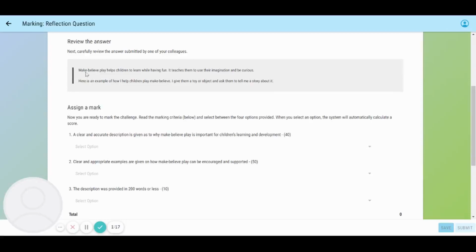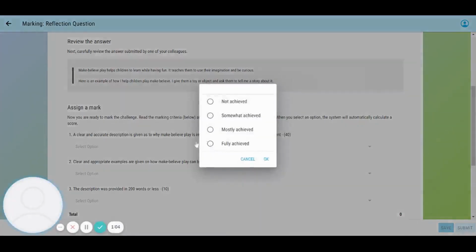So this answer says that Make Believe Play helps children to learn while having fun. Okay. It teaches them to use their imagination and be curious. Okay. So each time I mark, I have 4 options available to decide how well the answer meets the criteria